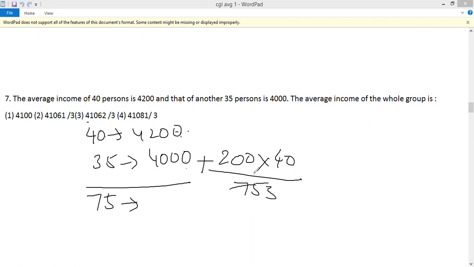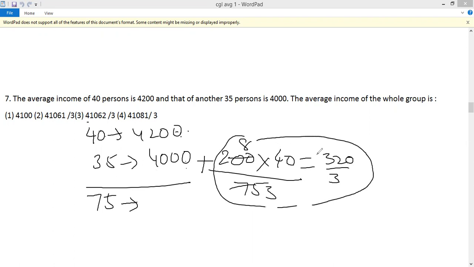25 threes, 25 eights means T20 by this one. Only this one. So what? 100 plus 20 by 3 means what? 6 1 by 3. 106 1 by 3, 106 2 by 3. See here. How much? 4,000 plus 106 2 by 3. 4,106 2 by 3. Right? This is the answer.